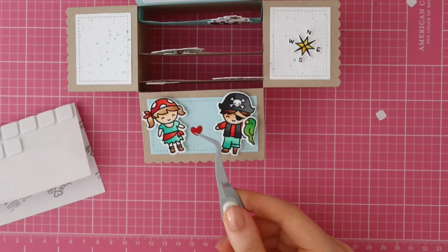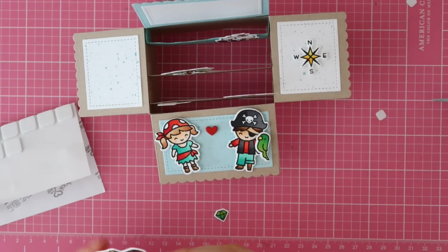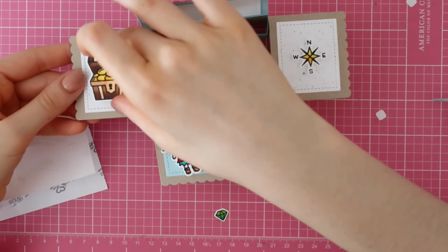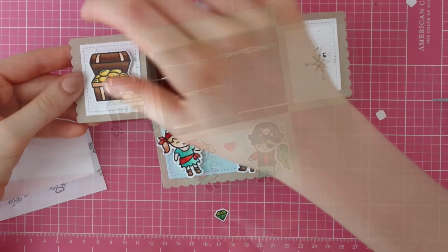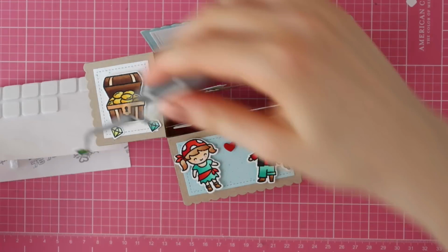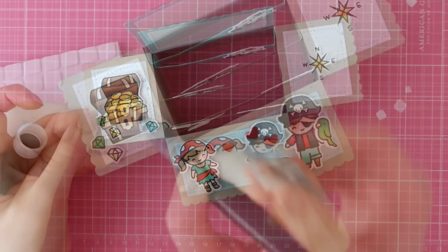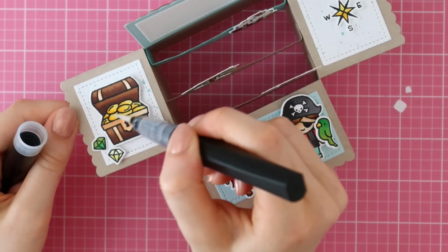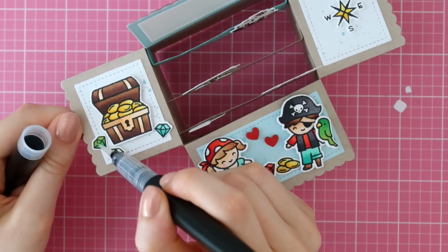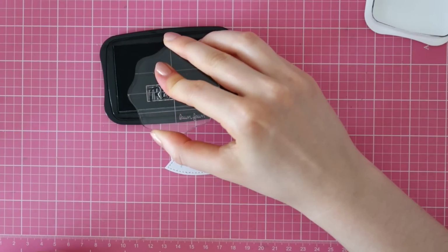I used these little heart dies from the Scalloped Box Card Pop-Up die cut set, and I die cut these ones because it creates 3 little hearts. I'm using some foam squares to adhere all of my images, and I'm also using my Tonic Nouveau Smooth Precision adhesive glue pen to adhere the smaller images and just to create a little bit of a difference in dimension. Finally, I'm using a VersaMark clear overlay shimmer pen to apply a coat of glitter, and then it's time to